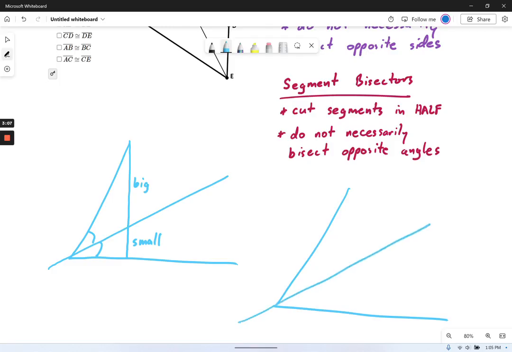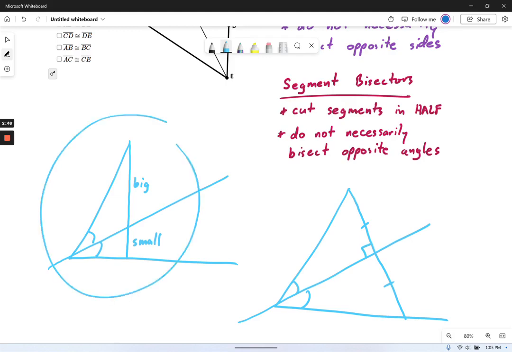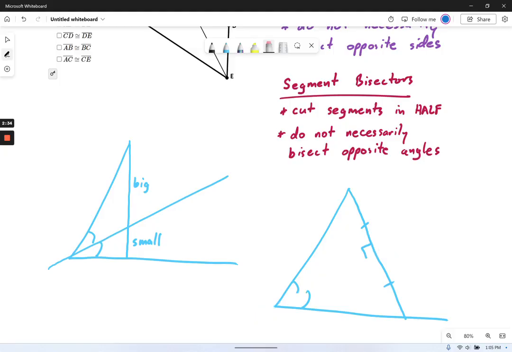Let's say this is an angle bisector. These sides are equal to each other. And now I'm going to draw this, and I'm going to do my best to make a situation where these are actually equal to each other, those opposite sides. The reason those are opposite sides is because I drew this angle right here as a right angle. Okay, whereas this one over here was obviously not a right angle. Okay, so the only time you can say that an angle bisector causes the opposite sides to also be bisected is in the case where that bisector is perpendicular to that opposite side over there.